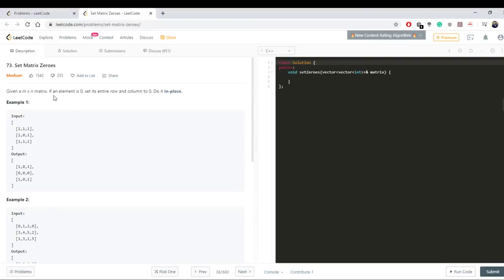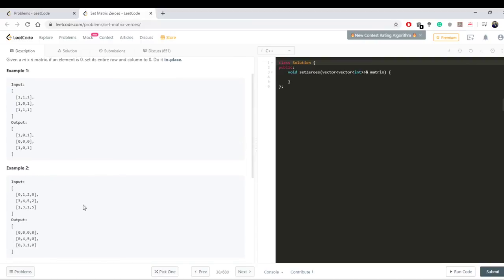Given a matrix, if an element is 0, set its entire row and column to 0. Do it in place. Okay, so I've done this also before. There's a very good trick to doing this, which goes something like this. You store your first row and first column somewhere,